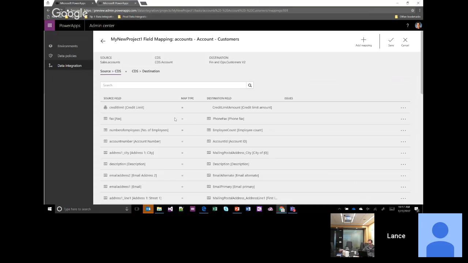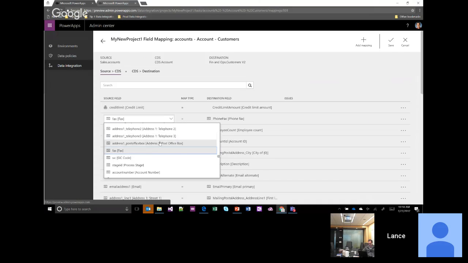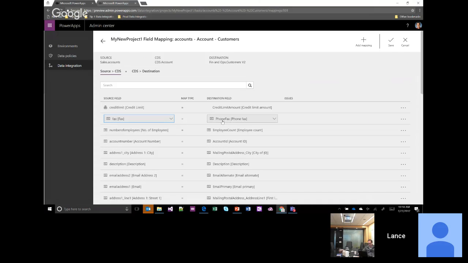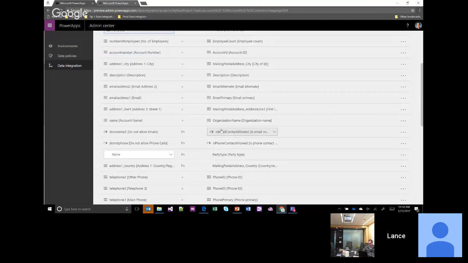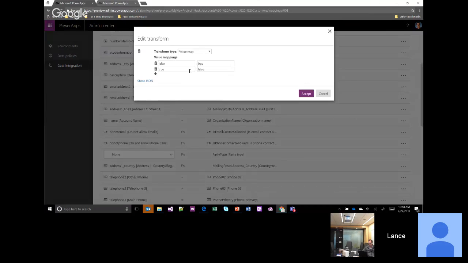And we say, okay, I need this field from my source to map to this field here in the middle. And then if I have some set of transforms, so for instance, here's some transforms right here. Now these transforms will go away in time, actually, once we push Power Query in.